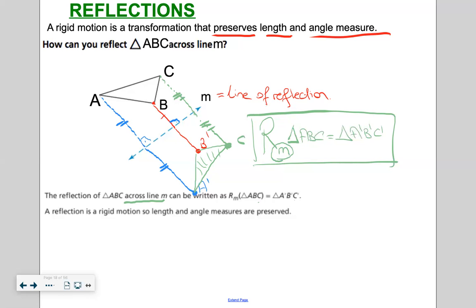A reflection is a rigid motion, so length and angle measures are preserved. Next,